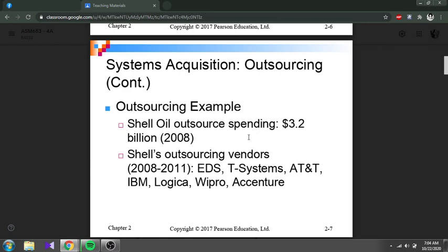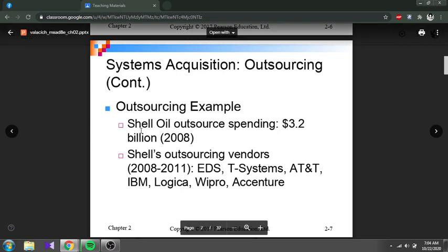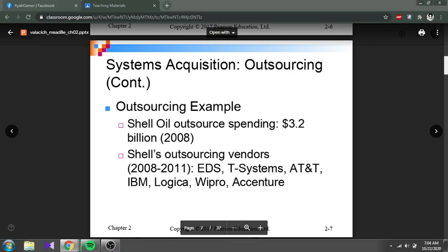Outsourcing dah happens daripada awal lagi lah, daripada dulu lagi. Like this one example is Shell. Shell outsourced spending almost 3.2 billion in 2008. Of course, nowadays I think the figure is lagi banyak lah.